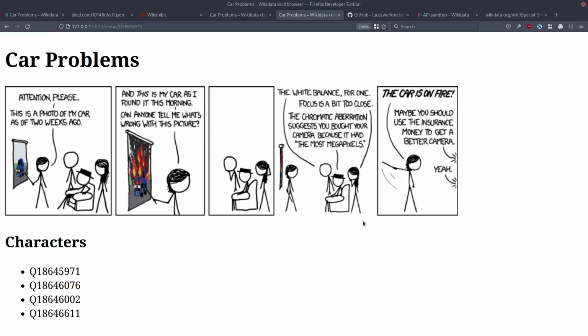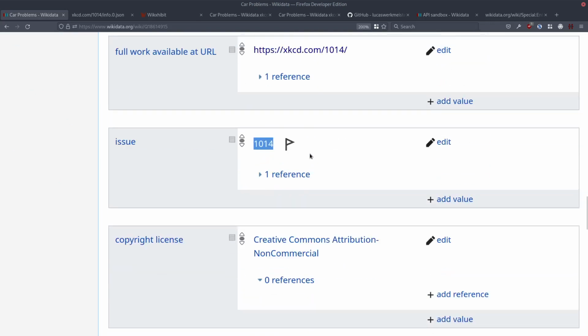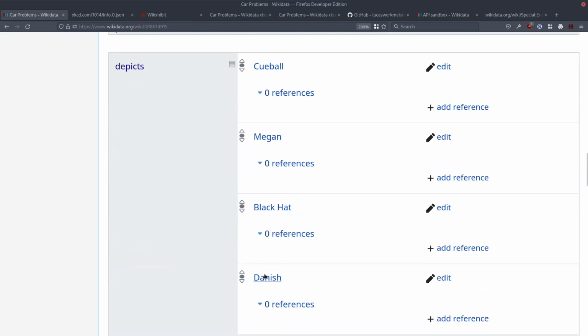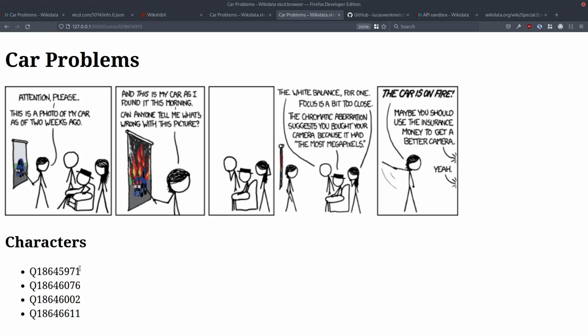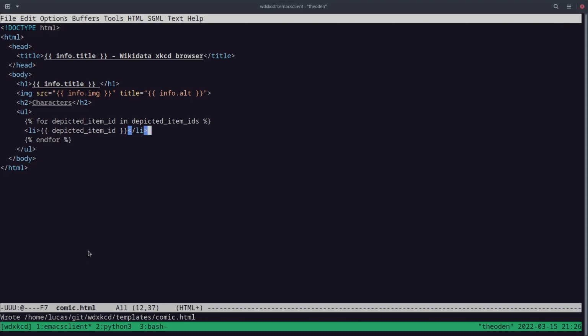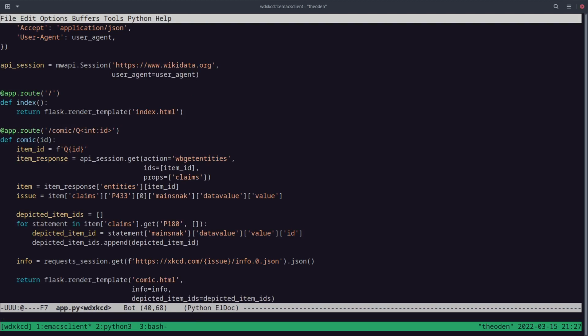But of course, this is not all that useful because what we would like to see is really the labels of them. So like we see here, Cueball, Megan, Black Hat, Danish. And so we want to get the labels of these item IDs from the API. And this is the point where it is really better to use the API, because if we wanted to do this with the linked data interface with /entity like we did earlier, then we would have to make 4 network requests now. And with the API, we can do this in 1 network request. We can say